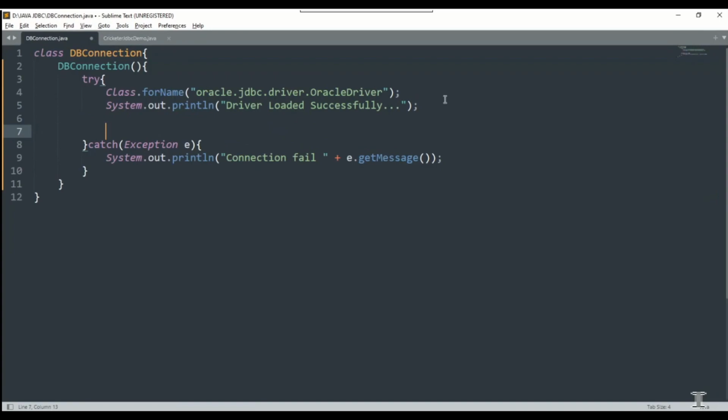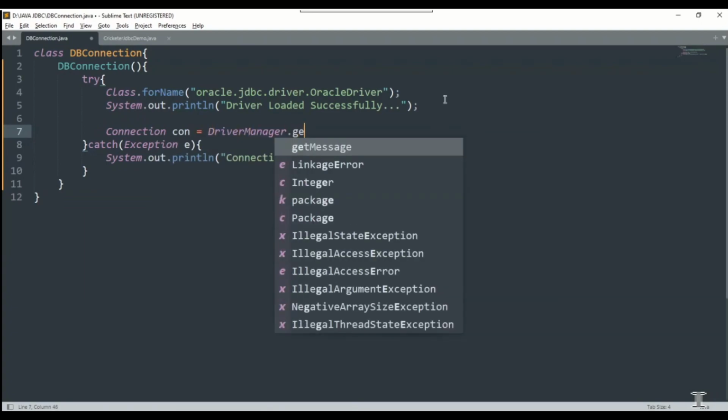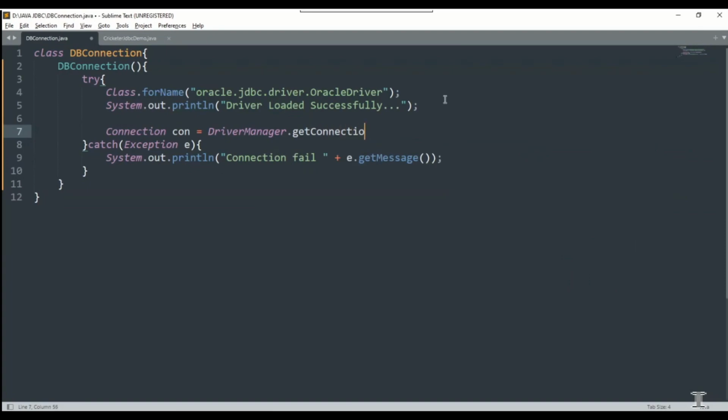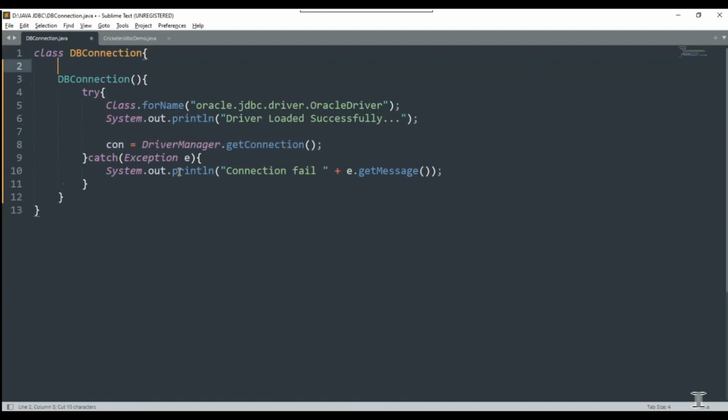Now I will write the code to create an object for the connection. I will write Connection, object name is con, equal to DriverManager.getConnection. I will call a method named getConnection. This getConnection has three parameters. Connection is a class. I am creating a reference here: Connection con;